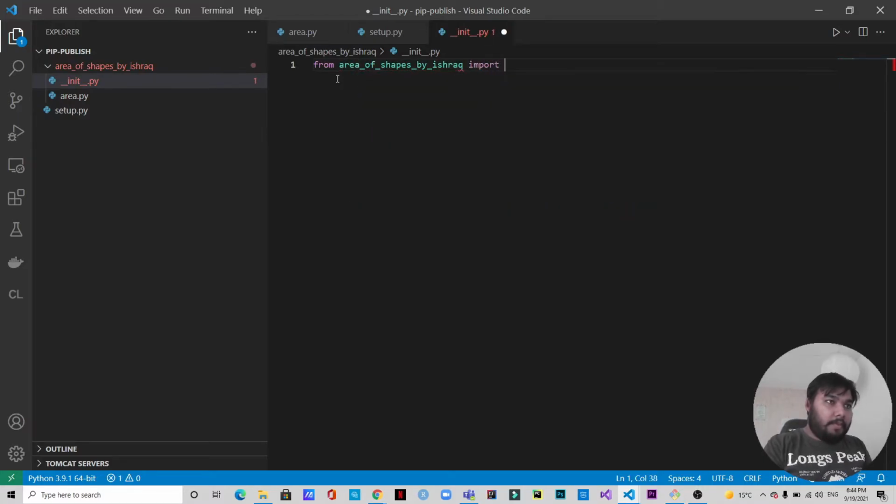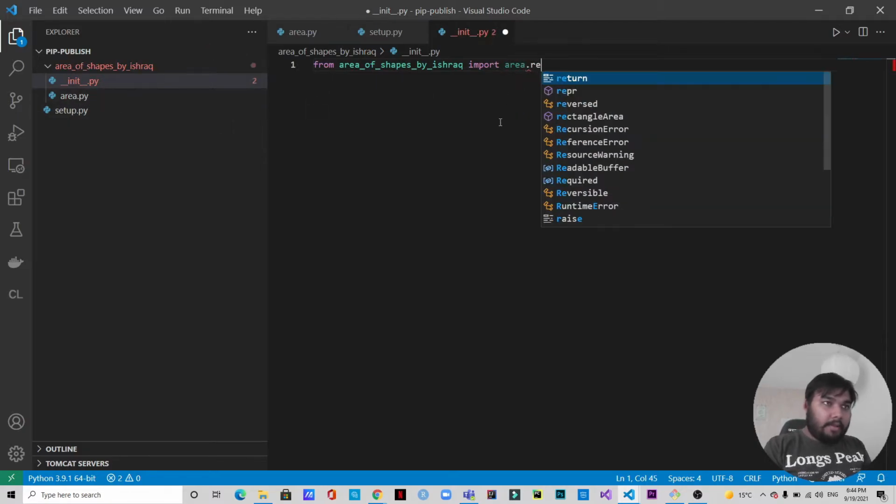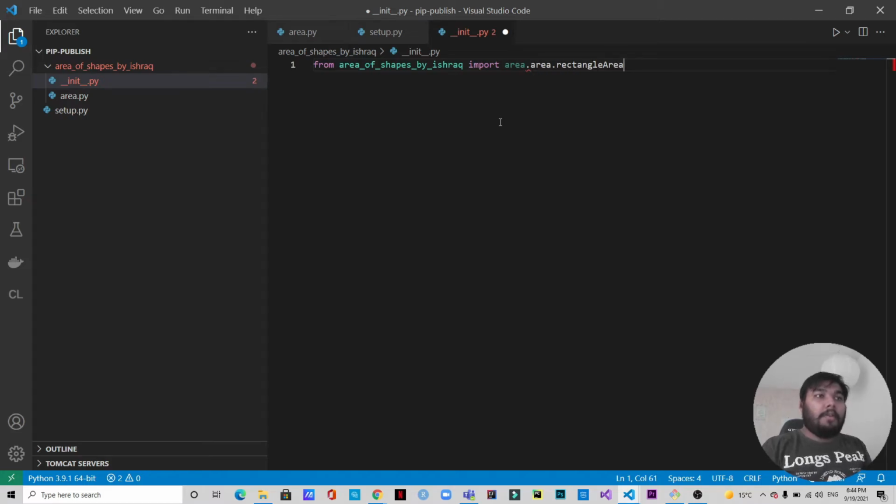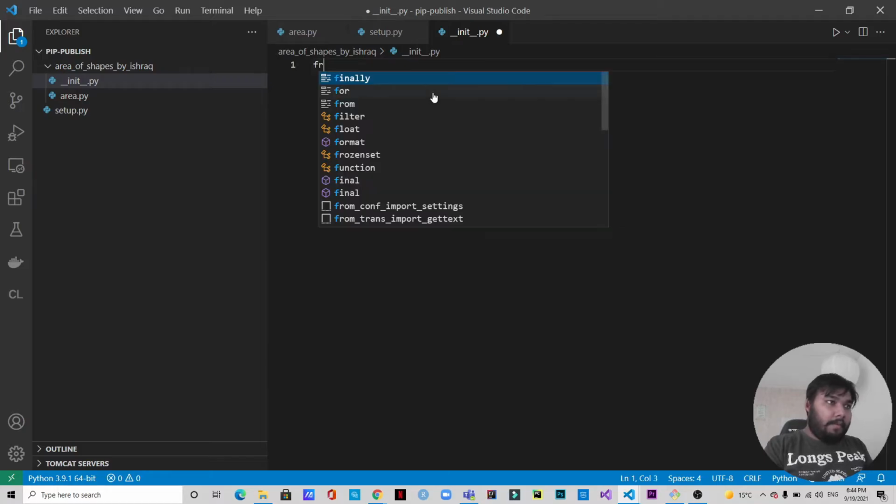You need to import like this, name this file first, and then you need to access rectangle area or triangle area or something else. As you can see, this is the way of importing these things. But if you export these from __init__.py, or initialize these things in this file, then you can directly import the function from the package. For this reason, inside this __init__.py, I'm going to write from